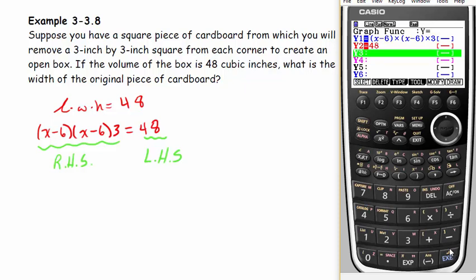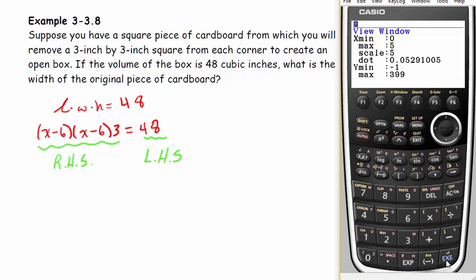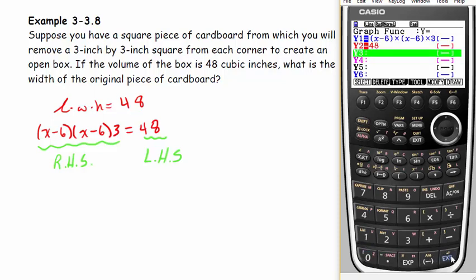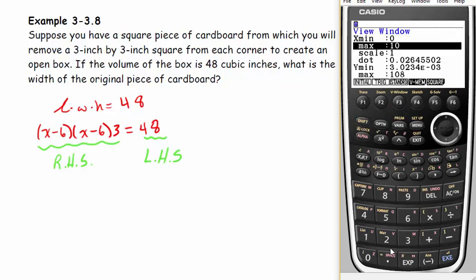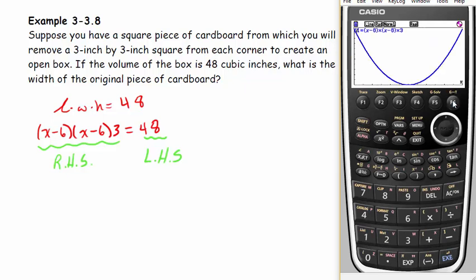Now we need to pick a window here. Well, I know my solution needs to be positive. So if we're multiplying something, let's maybe look, I don't know, I'm just going to guess 0 to 10 to start with. I'm going to draw this and do a shift, zoom, auto. Alright, now I can clearly see one solution here. Now it looks like I might be missing this one over here on the right, so I'm going to change my viewing window a little bit. Let's go to 12. Draw, and then try a Shift Zoom Auto. Alright, now that I can see both solutions,